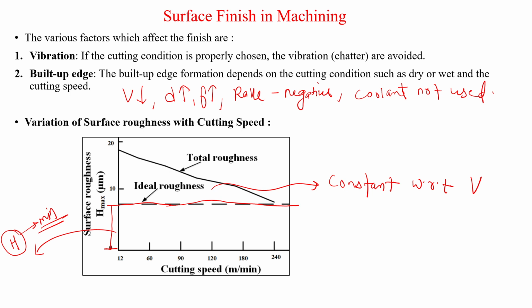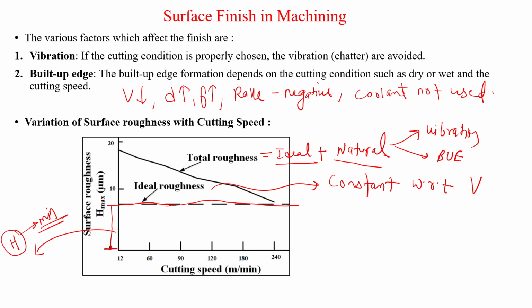Now when we see the total roughness, it will include the ideal roughness plus the natural roughness. Ideal roughness is because of the basic phenomena, but in natural roughness the vibration phenomena come into picture, vibration and built-up edges. Because of these external and environmental phenomena, there is a variation of the surface roughness with cutting speed. So we can see that the total roughness, because of the natural roughness part, decreases